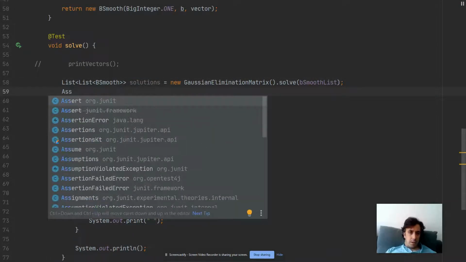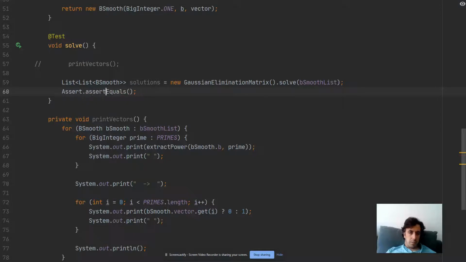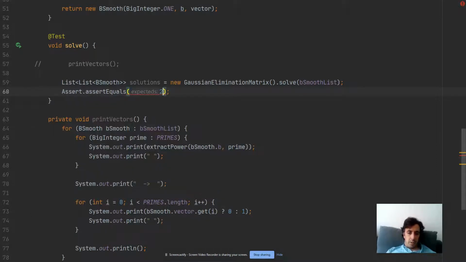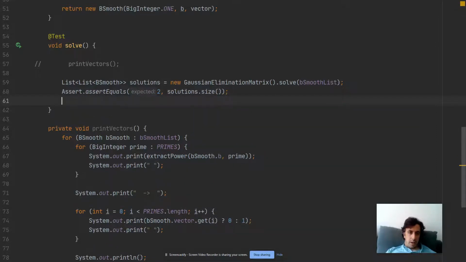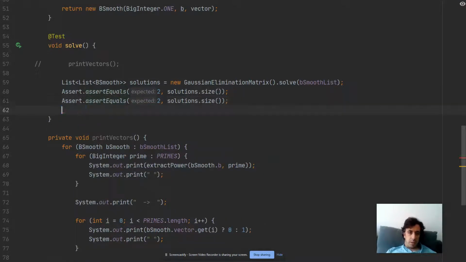Now, insert equals. Come on. Very nice. Insert equals. The expected value is 2, and the solution size should be 2. Then assert after that. The first solution should be